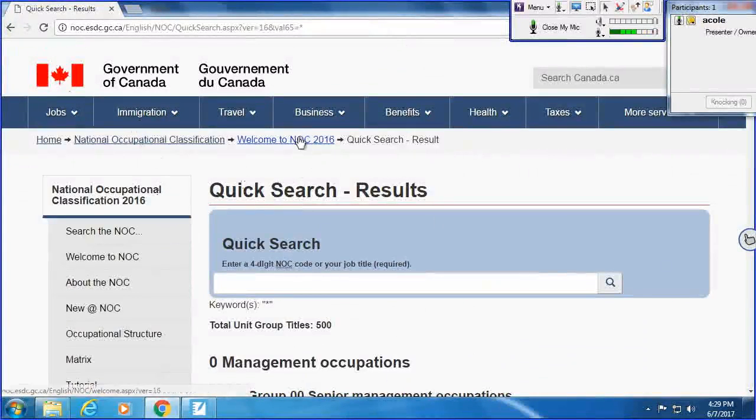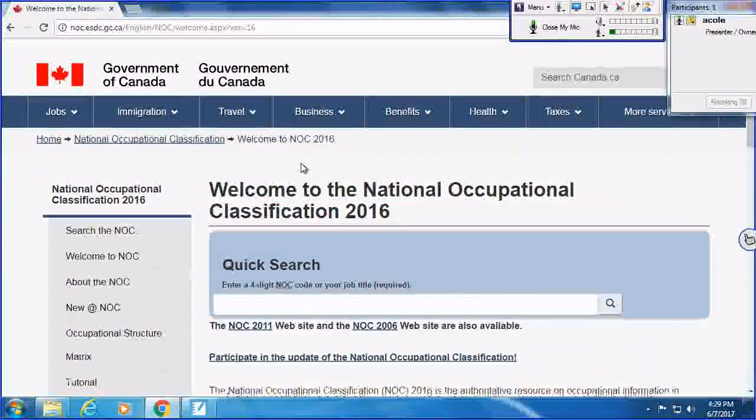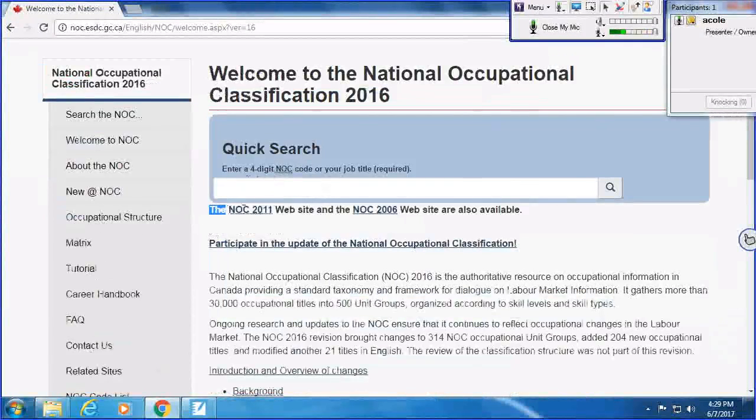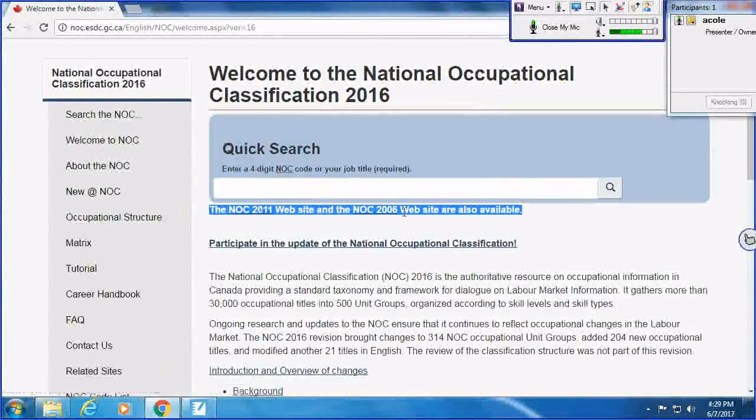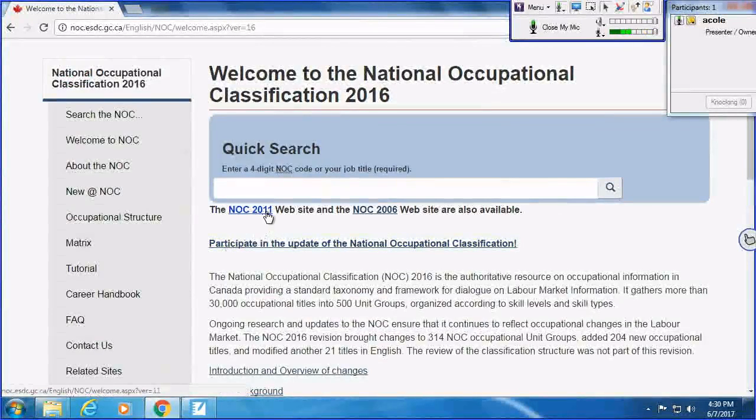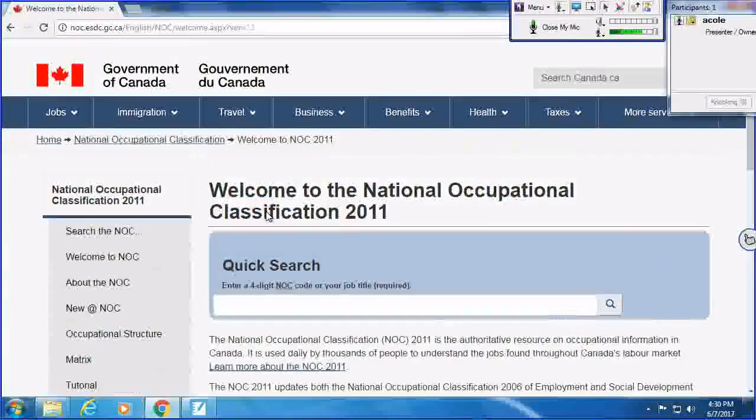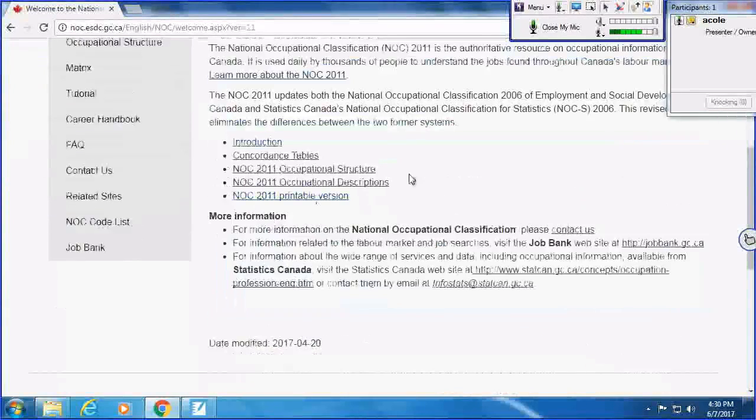So if I go to the home page of this site, it says here, I'll just highlight it, the NOC 2011 website and NOC 2006 website are also available. So I just want to go to the NOC 2011 website because you can actually find some links here.